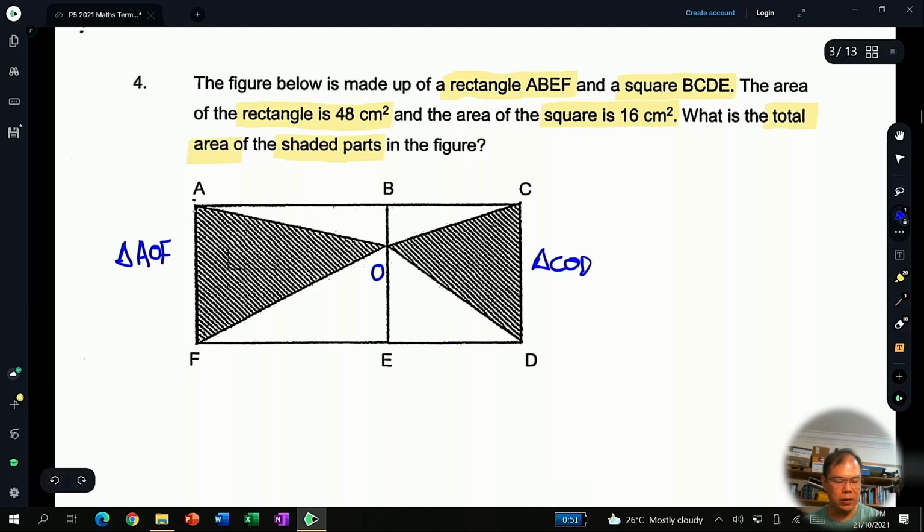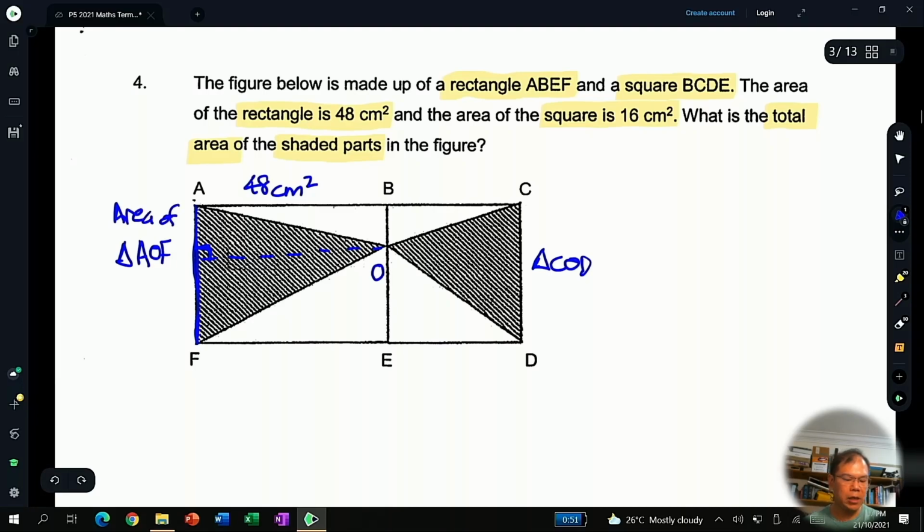Now this triangle, if I draw this as the height, shares the same base as rectangle ABEF, right? So naturally, if the rectangle's area is 48 square centimeters,